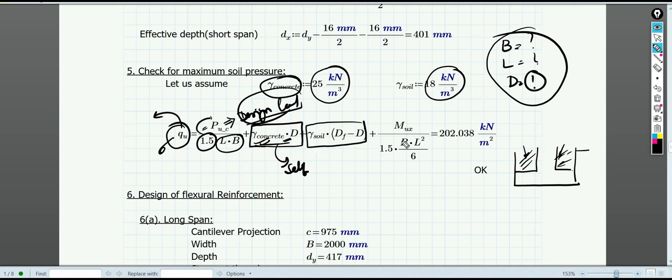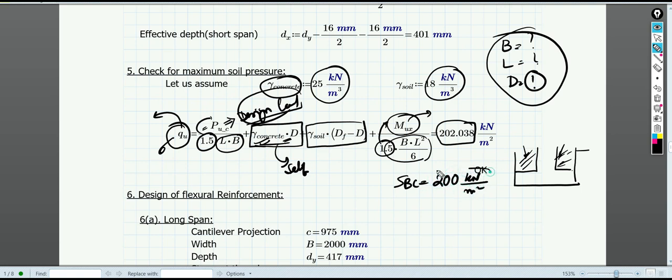Then Mux, the moment that is acting on the footing, divided by 1.5 to convert it to working load, divided by the section modulus BL square by 6, right? So from this you can find that the soil pressure is 202.038. And if you remember, the SBC for our case was 200 kilonewton per meter square. So it is slightly more than the safe bearing capacity, but already you know that the safe bearing capacity is considered with a factor of safety of 2.5. So as it is slightly more, we can accept it